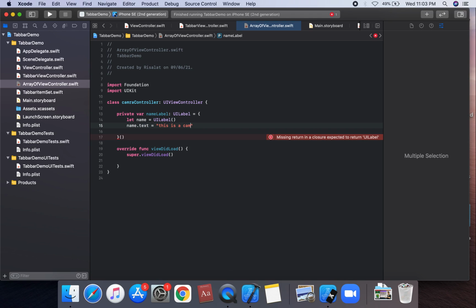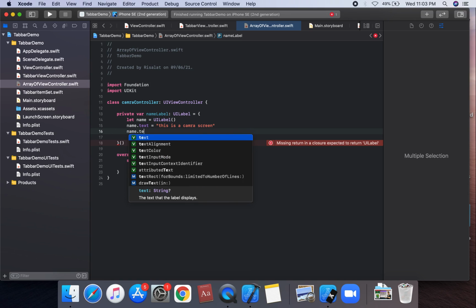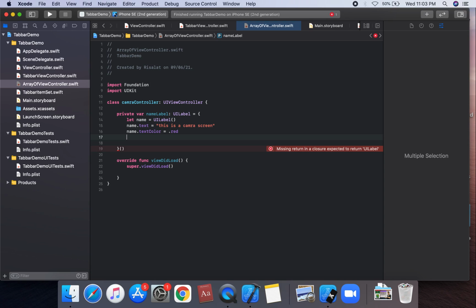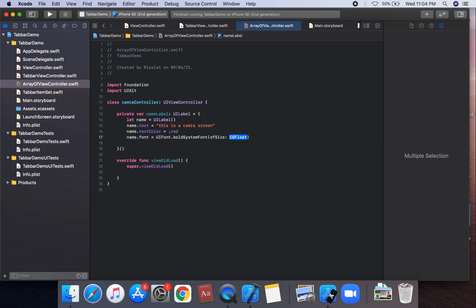set on this text, name dot text is equal to, suppose this is a camera screen, this is the camera screen, and name, suppose text color, so name dot text color is equal to dot red, and suppose name dot font is equal to UI font dot bold system font, suppose size which have a 30, okay,